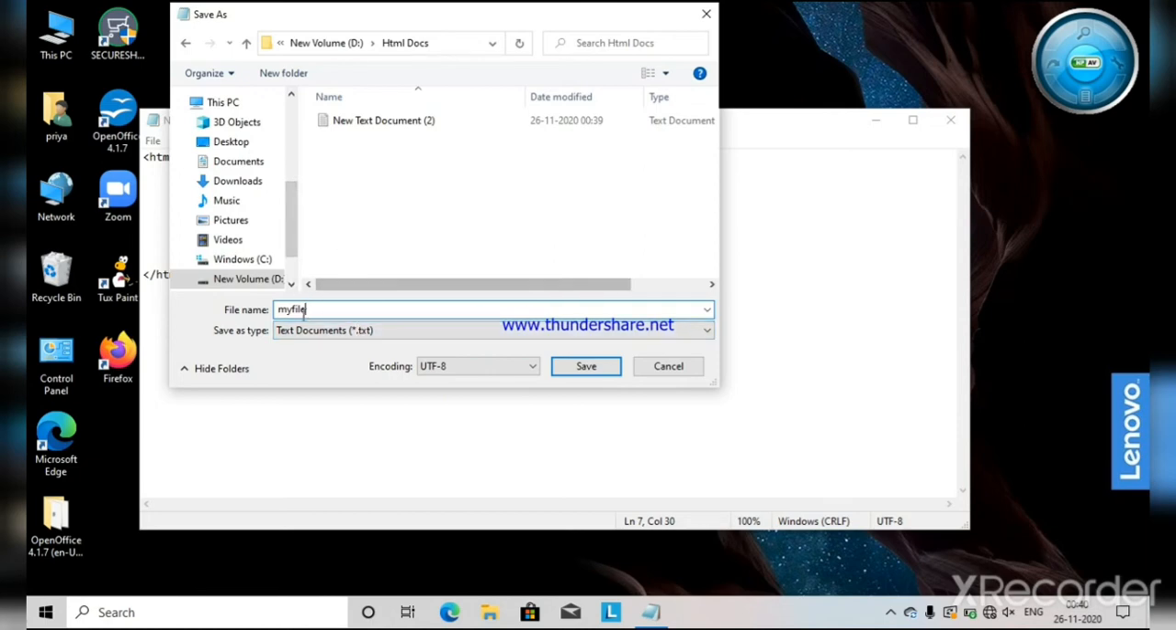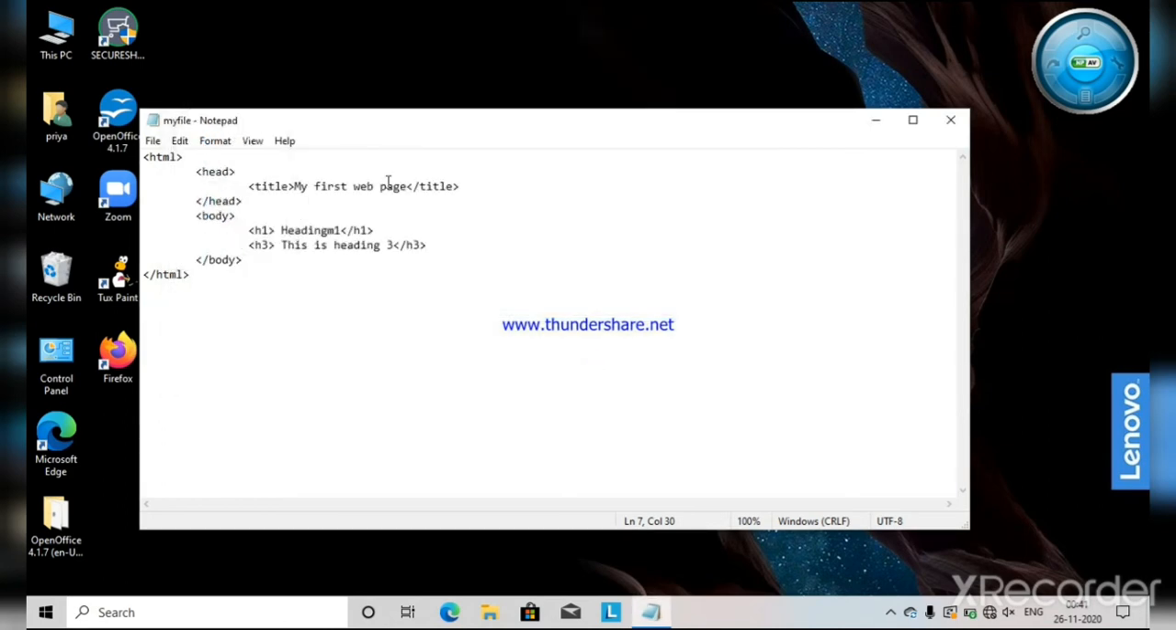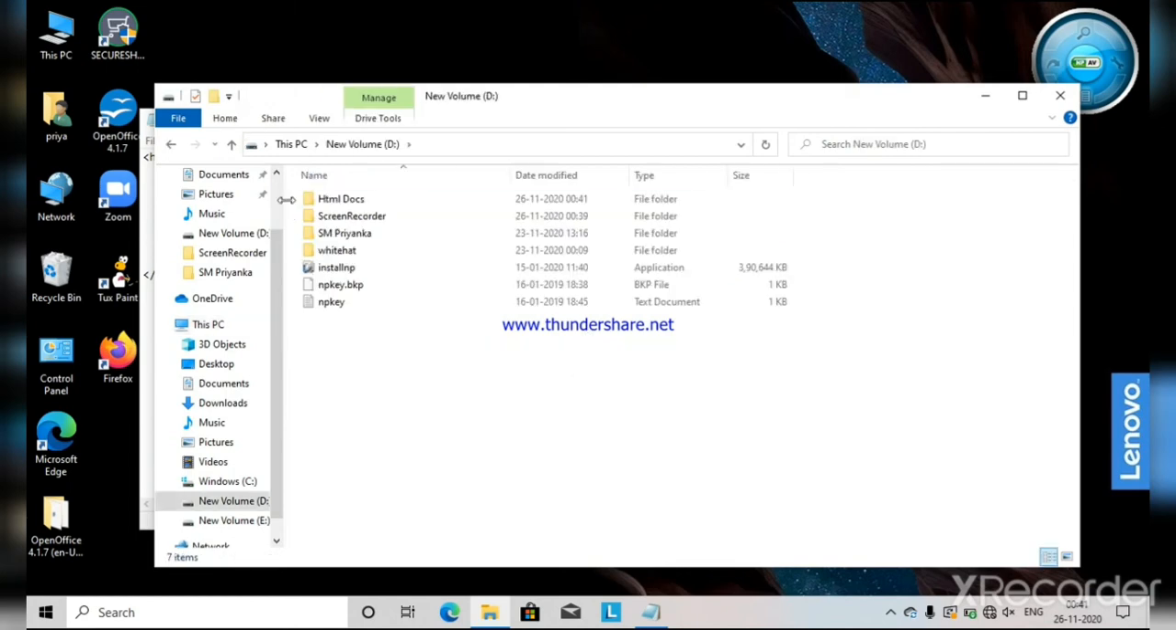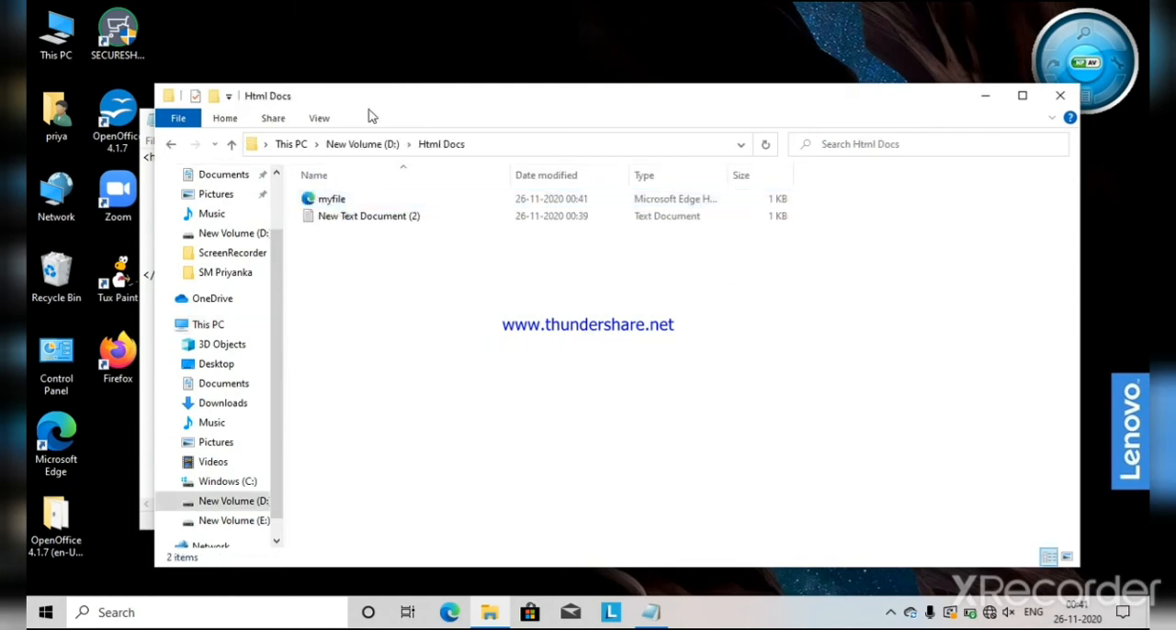So while saving, after typing the name of the file, we have to put a dot and then write here HTML. As we type .html, this file would become an HTML file instead of a text file. After typing my file.html, I would click on save. As I click on save, you can see there would be no effect on this file, but at the location where we saved this file, on D drive in the folder HTML docs, you can see